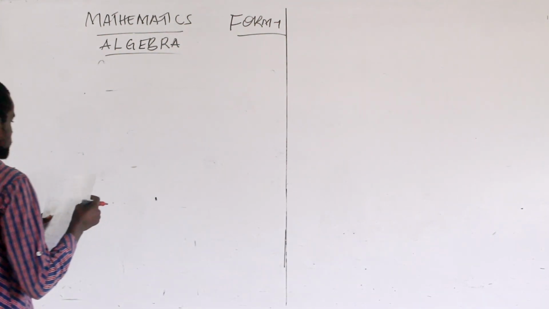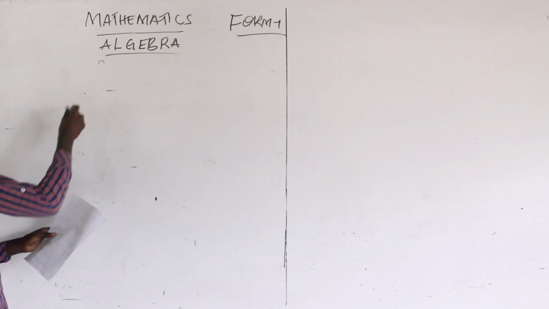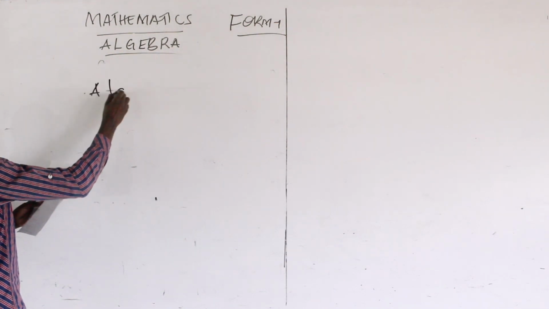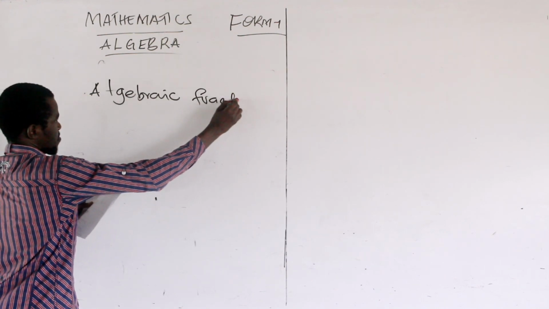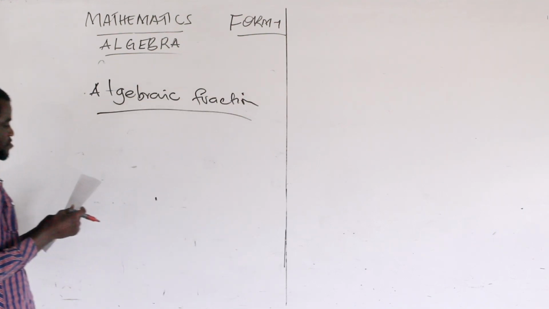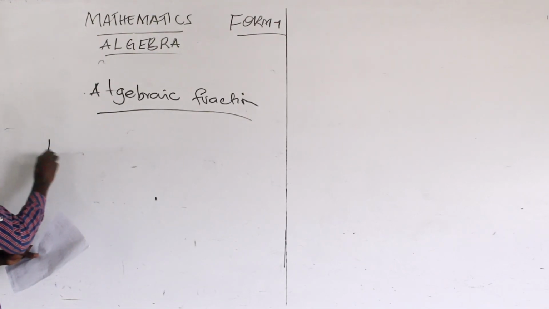So let's come to algebraic fractions. This is basically concerned about how you simplify algebraic fractions. If you are given an algebraic fraction, how do you simplify such a case? For instance, we have